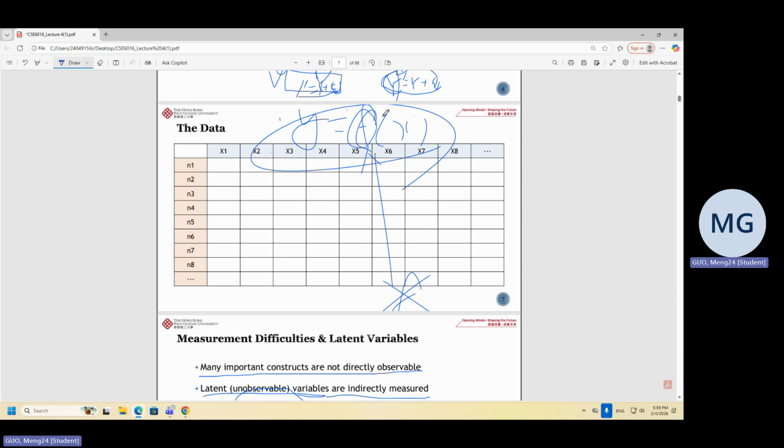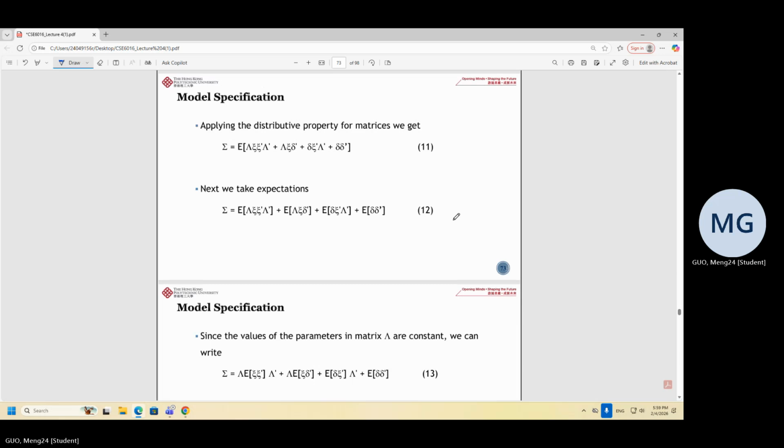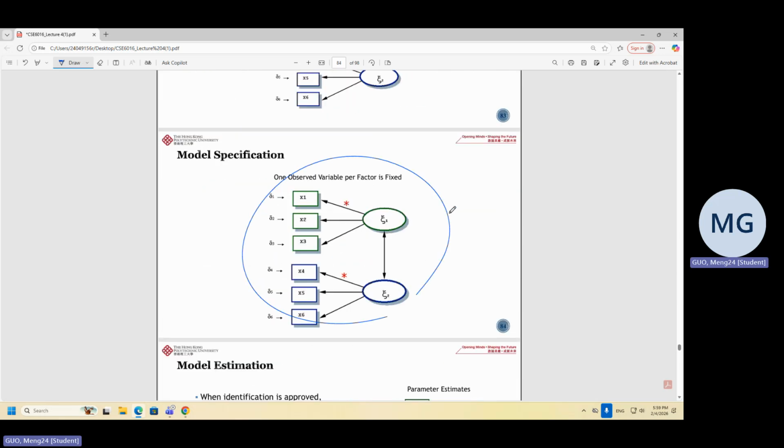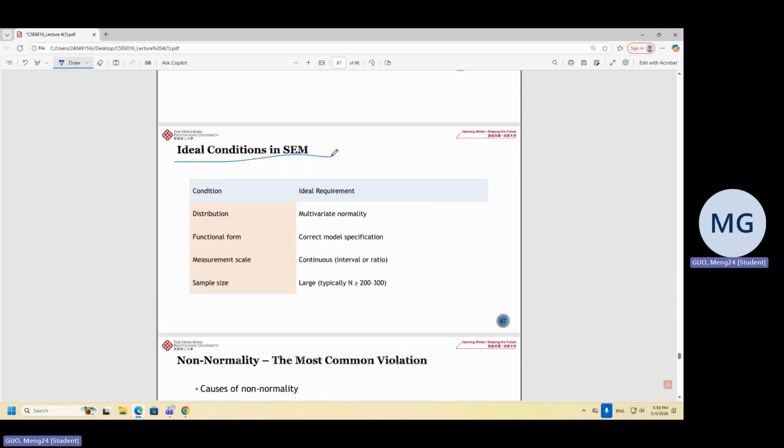Okay, so let's return to SEM. Since SEM still uses the structure framework F, we still have an ideal condition in SEM. What is it? Always the distribution of X: normality, normal distribution. I mean, our data,